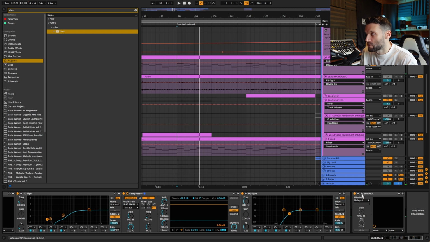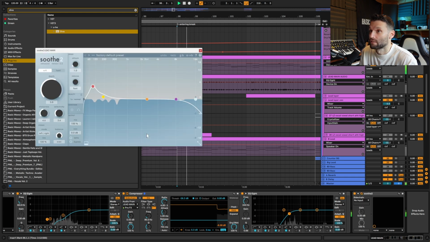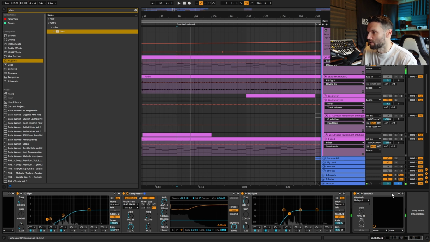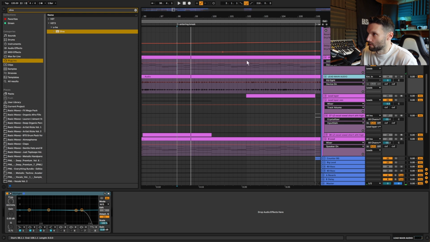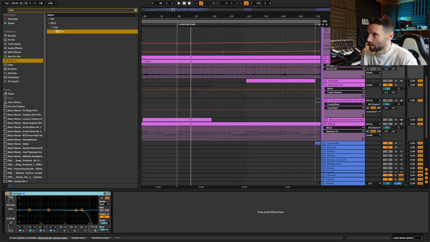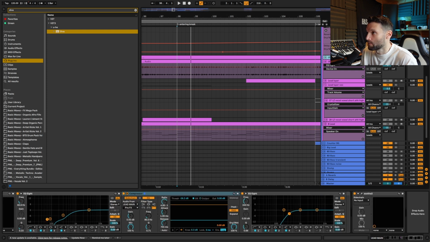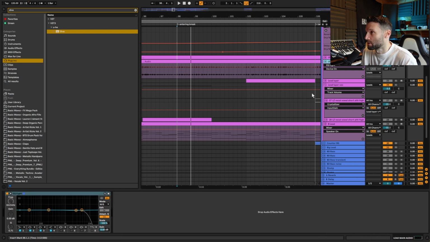And then lastly, a Soothe at the end. Again, just reducing those low mids. So there's a lot of reduction of those low mids to make the sound nice and clean. And then I just bounce that out to audio. I think when I was mixing it or something, I can't even remember why I bounced it out to audio. I haven't really done much with it. But anyway,